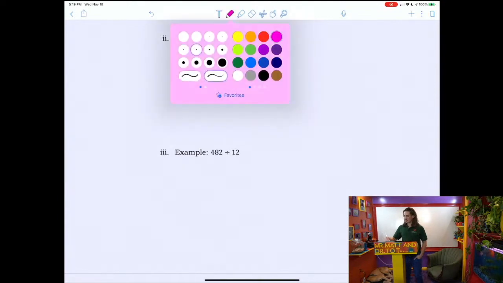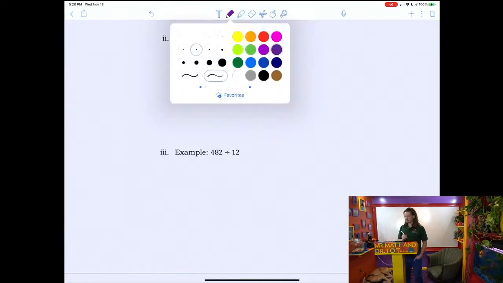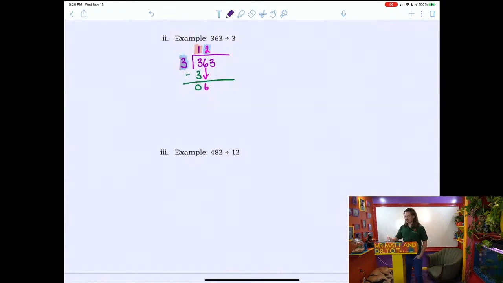So then I need to bring this extra digit of 6 down. 6 divided by 3 is 2. So I'm going to put 2 above 6 and then multiply through. So now I'm going to be multiplying this 2 by the outside 3. 2 times 3 is 6, so I'm going to write that below and subtract. That gives me a remainder of 0, so I can bring down that last 3,